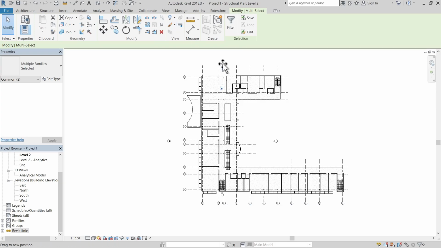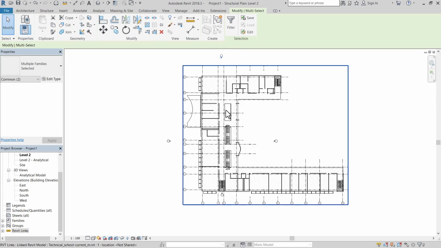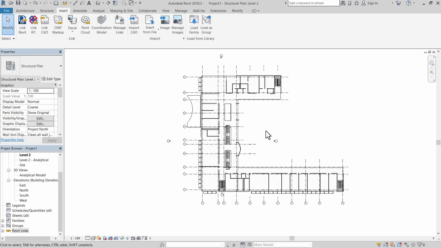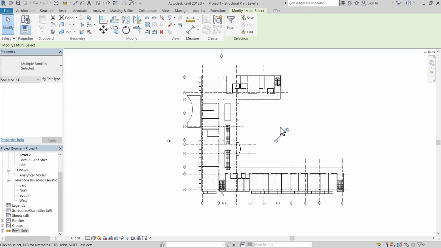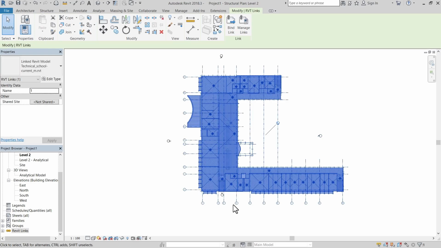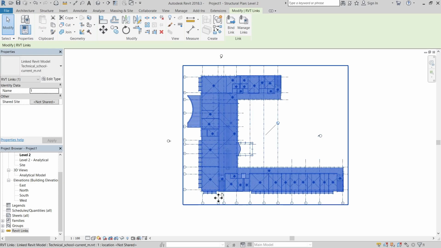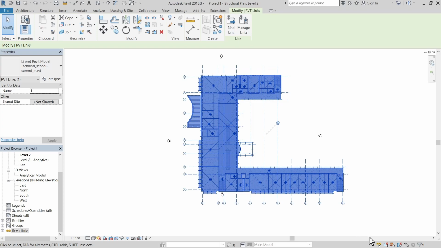Now we can move it after unpinning. Now we are not able to select it. We are getting a problem in selecting it. So for these things we have an option in the bottommost right hand corner.